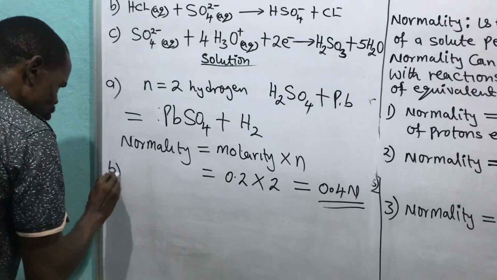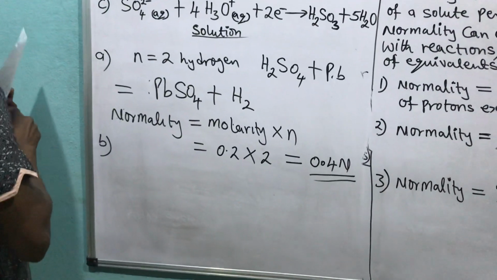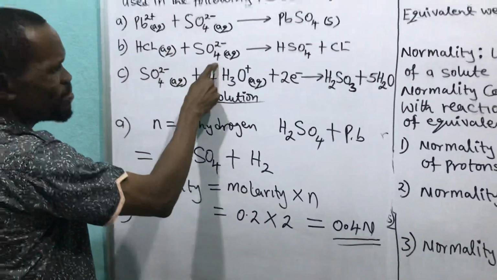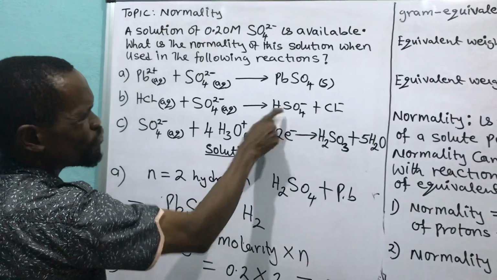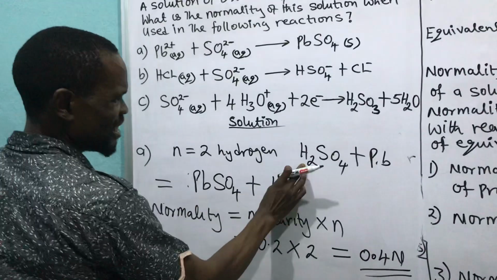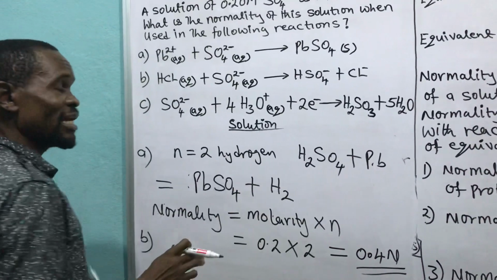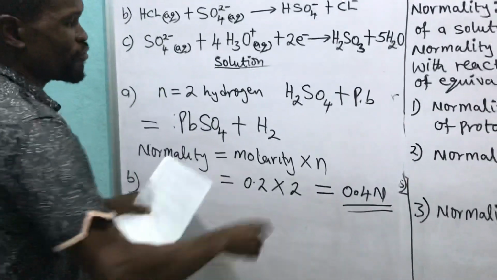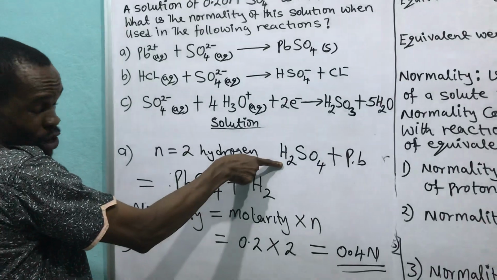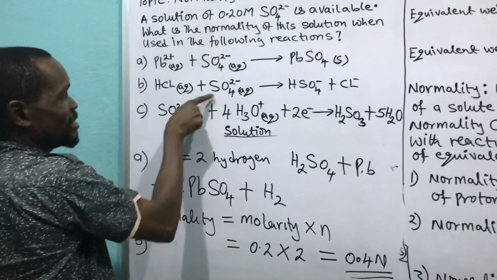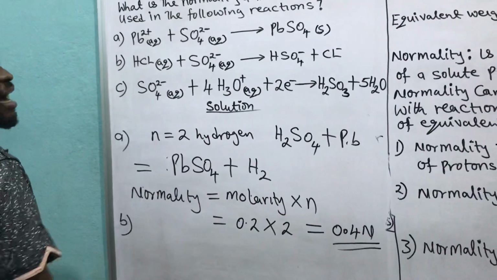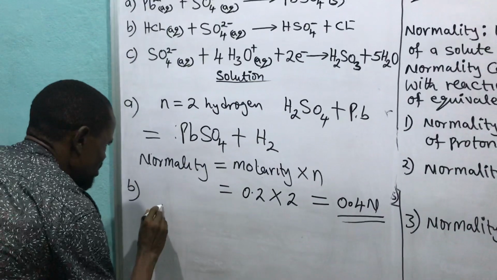The B question: looking at that B, you see that hydrogen chloride reacts with this, liberating 1 hydrogen from it. You know that this is H2SO4, tetraoxosulfate 6 acid, with 2 hydrogen. This reacts with this, and it liberates 1 of this, and they form it. What does it mean? It means that